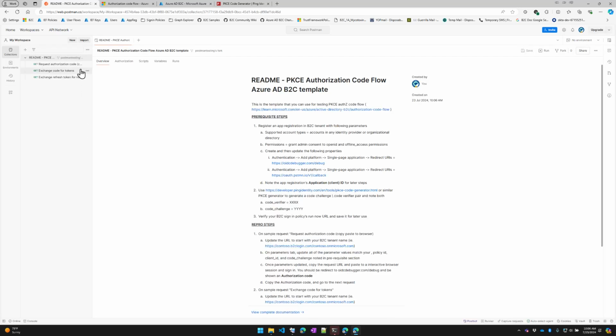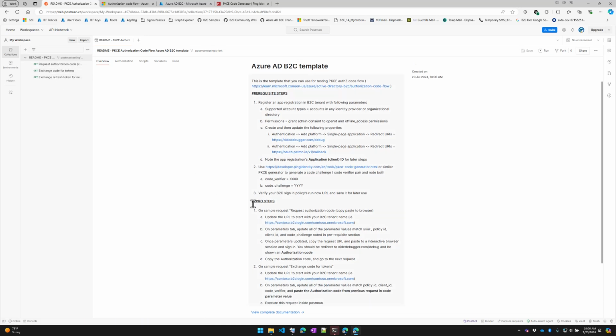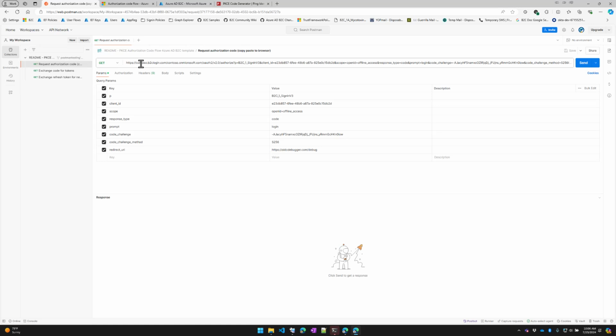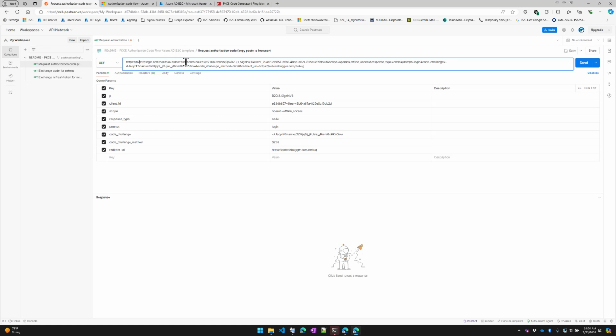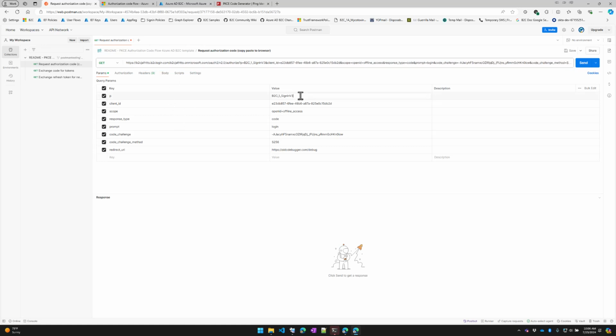Once you've done that, you should now have the ability to edit the values of these sample requests. So we're going to start the repro steps here. So the first step is to go to the request authorization code sample request and start customizing these values. First, you want to update the tenant name from Contoso to whatever your tenant name is. And then you want to update the